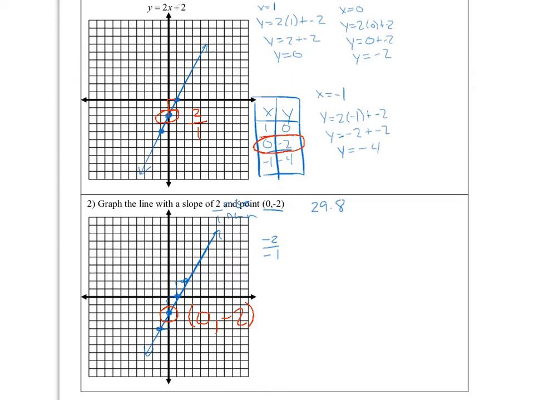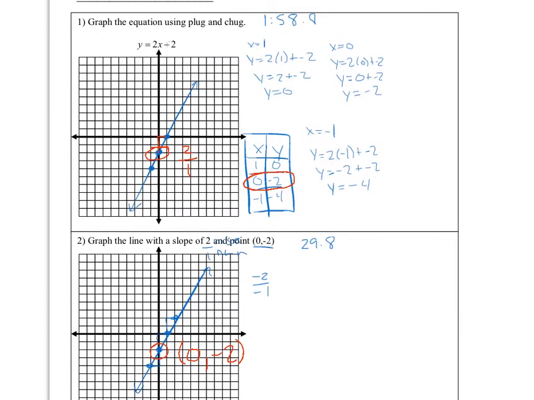In other words, it took me 1 minute and 58 seconds to graph this line this way, and only 29.8 seconds to graph the line this way. So approximately 1/4 the time to graph it this way. Unfortunately though, that's because this one just gave us the point and slope, and this one gave us an equation. However,